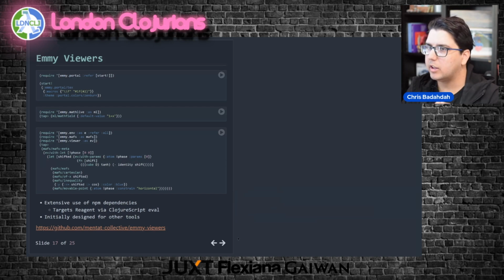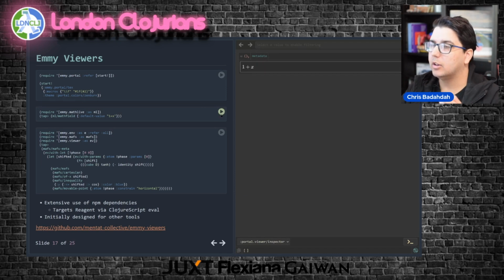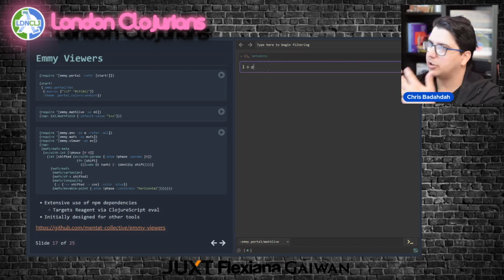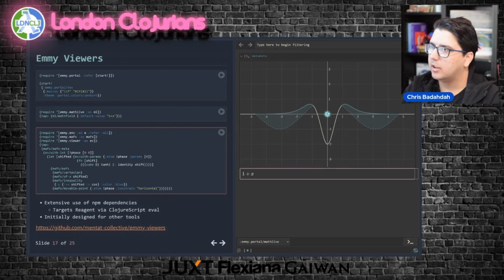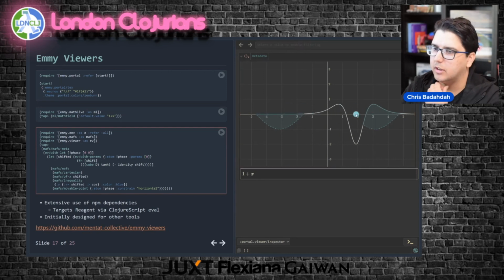And I would say this is a much deeper integration into Portal, in that it will load a ton of NPM dependencies. Well, not a ton, but more than the previous examples, where it'll load code from NPM and pull in some. This one uses MathLive to render stuff as LaTeX. So it's taking stuff from NPM, taking some ClojureScript in, rendering it. And here's an example with a chart where you can see this function rendered using this visualization.